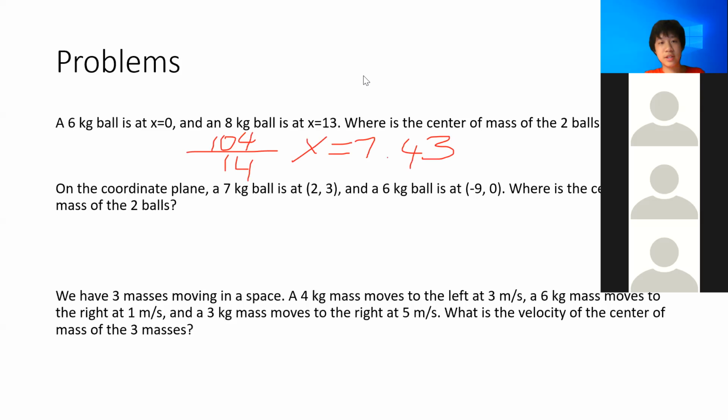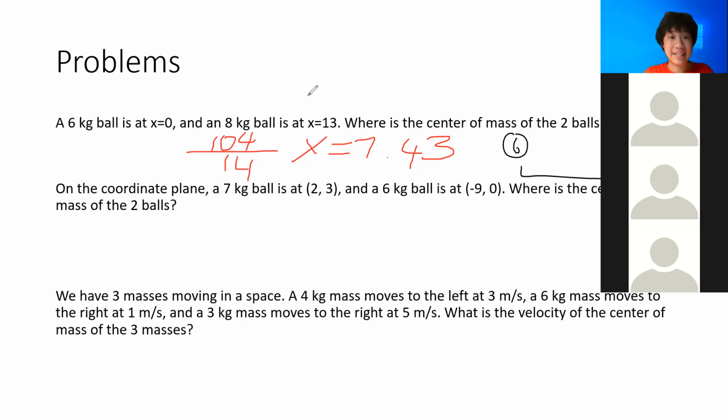And so, nice job. And you know that answer makes sense because if you were to draw these out, at 13 here, 8 is at 13. So 7.43 is kind of like here. So it's closer to the 8 intuitively, because the more massive object attracts the center of mass towards itself. Okay? Now for the second problem, on the coordinate plane, a 7 kilogram ball is at 2, 3,